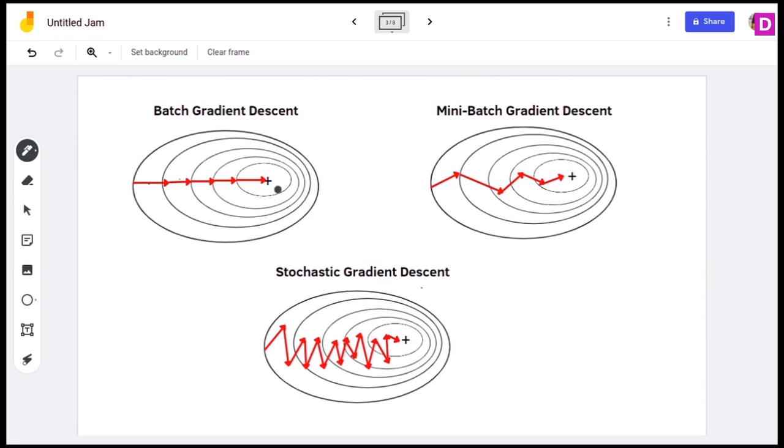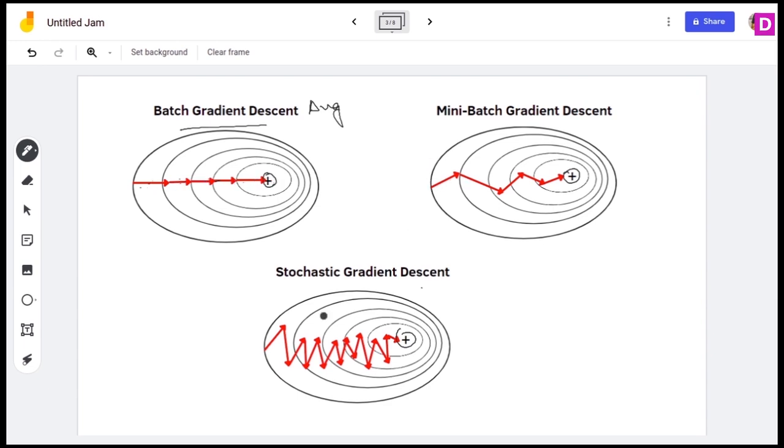Okay, so these are some of the graphs. These are some loss functions and this is the minima point. This is where we have to reach, with the lowest minima or the lowest cost function. You can see this indicates our loss moving towards the minima. This is the batch gradient descent. In batch gradient descent, since we average out over all the data points, it is very smooth. It goes smoothly and straight towards the center.